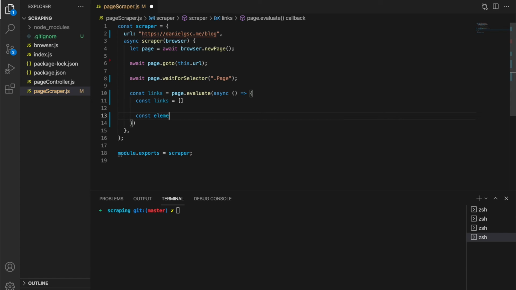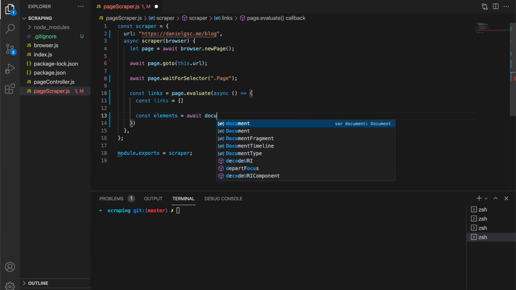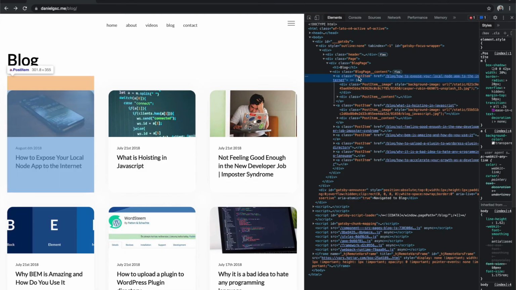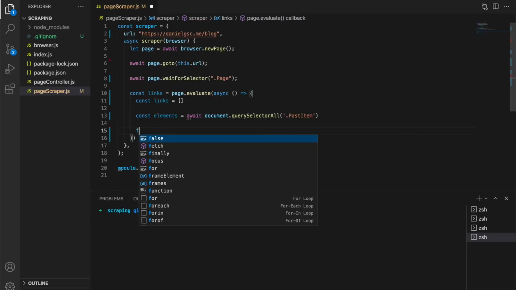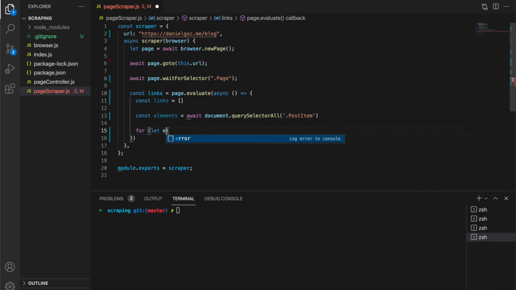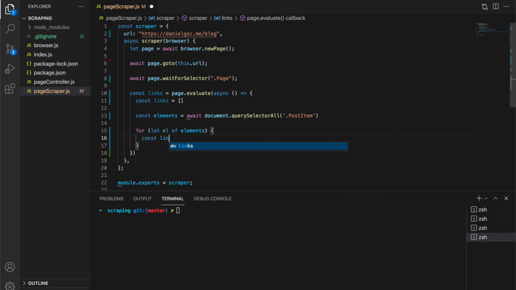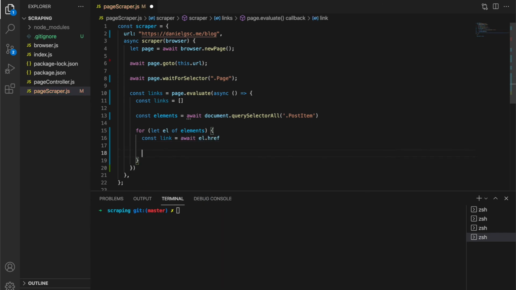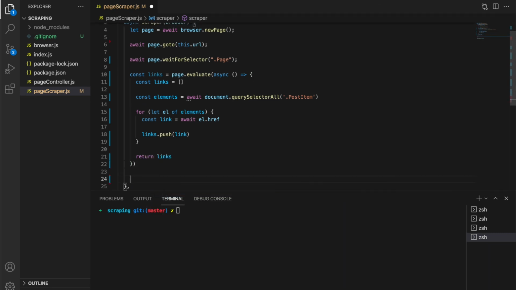So let's say elements equals await document dot query selector all, because we need multiple ones, and say post item because we have post item here. Now for all of them we can just loop through them. For element of elements, the link is await l.href, and then we just push it to the array. Then we can just return it and just say links.